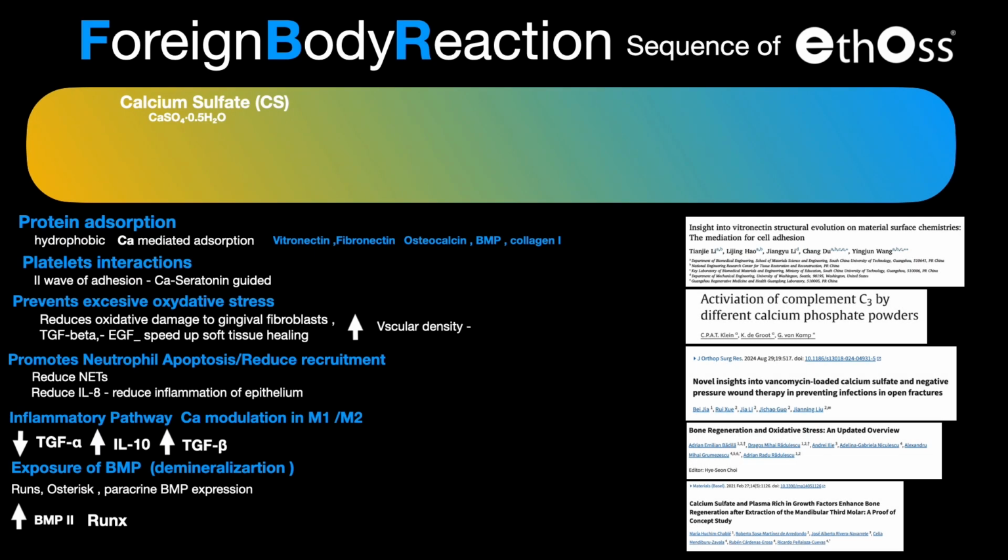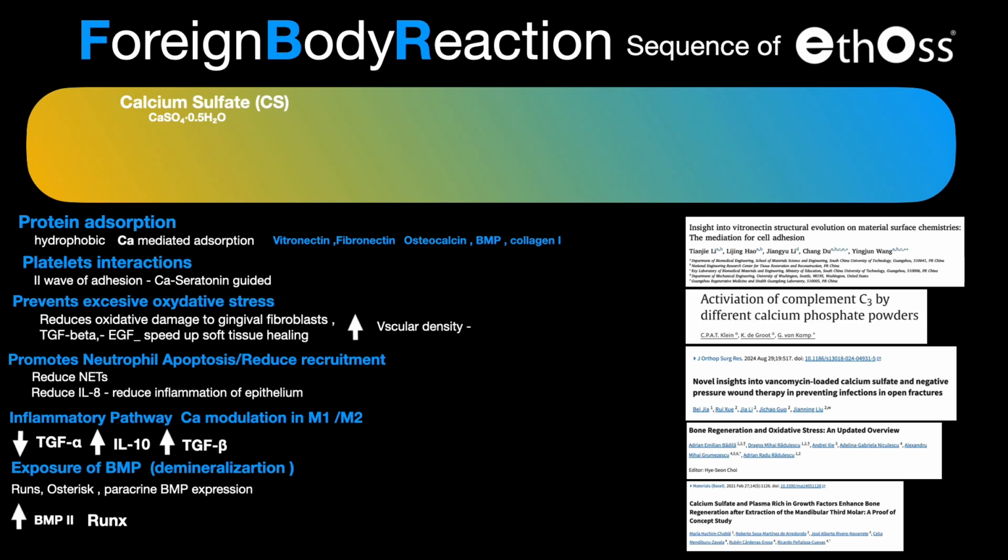Calcium sulfate is hydrophobic, so it attracts more proteins, and it also attracts calcium-mediated absorption of vitronectin, fibronectin, osteoclast, and collagen 1. We know that calcium guided platelet interaction, we got a little bit more platelets when we have calcium sulfate. We know that it prevents excessive oxidative stress,